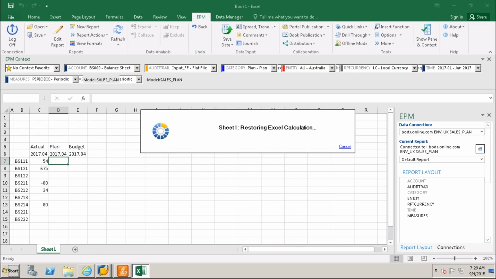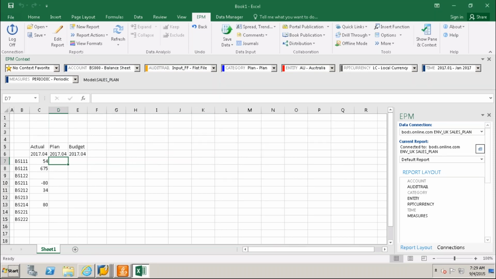It is plan, already we have taken. Entity, yes, China. If we are taking it, 4 records are updated here.